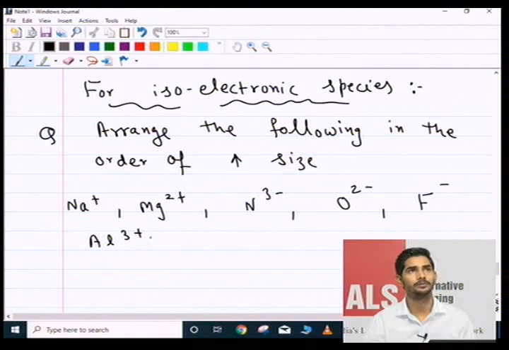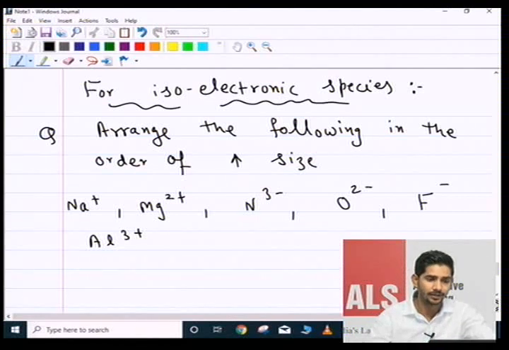So guys, this is the question. First of all, you can check that all the ions given are isoelectronic, meaning all the species have the same number of electrons. In that case, the question becomes very simple for us, because we have to simply remember